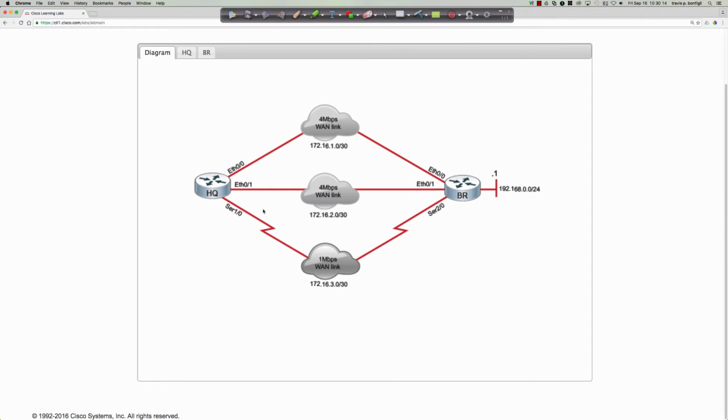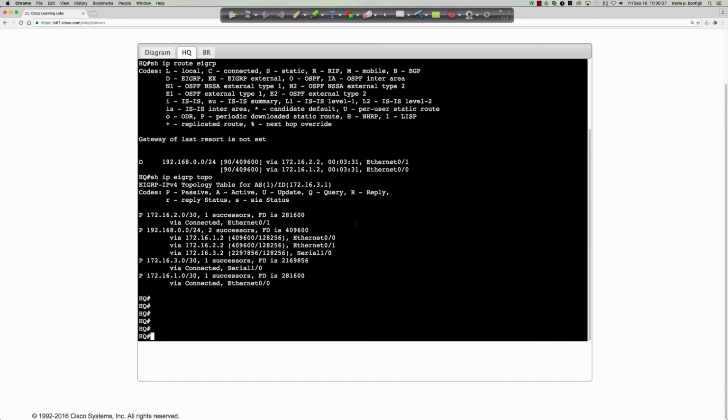It could have a serious effect on those other routing protocols as well. And so if we were to manipulate the value of the delay for this prefix and it were to show up here at HQ and it was so bad that it didn't qualify as a feasible successor, it would disappear